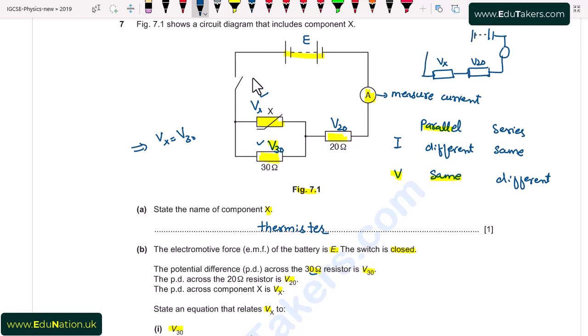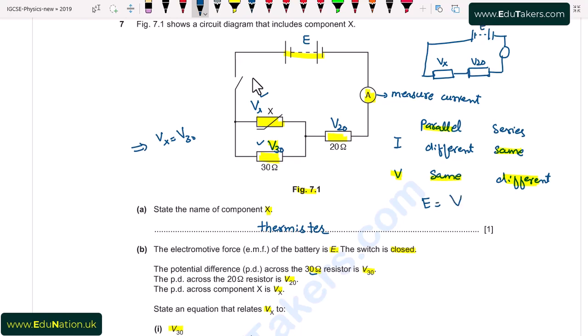So all of the circuit is in series combination, and in series we can see that the current remains the same but the potential difference values are different. It means that we have to add all of the potential differences, and that is equal to the total EMF of the battery. I write here for the series combination E, that is the EMF of this battery, it will be equal